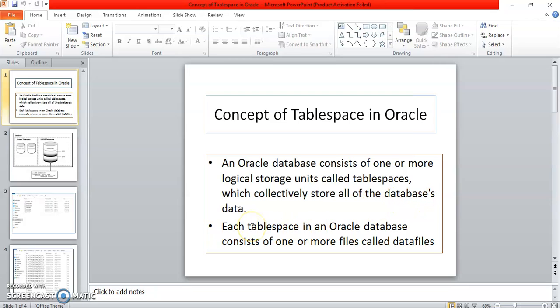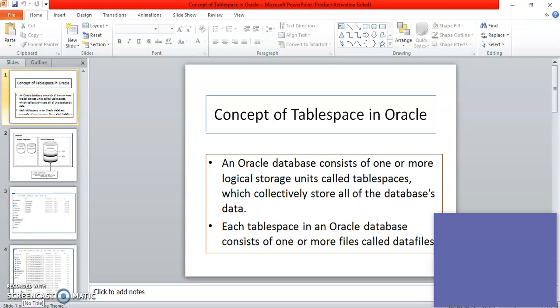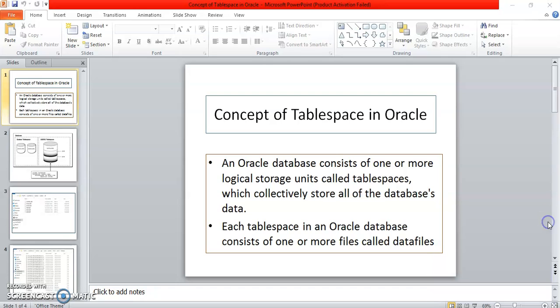Each tablespace in an Oracle database consists of one or more files called data files. So now the user has the privilege to create a table, but the user has no space to store it. That space is nothing but the tablespace. The system user has to provide some space to that particular user.